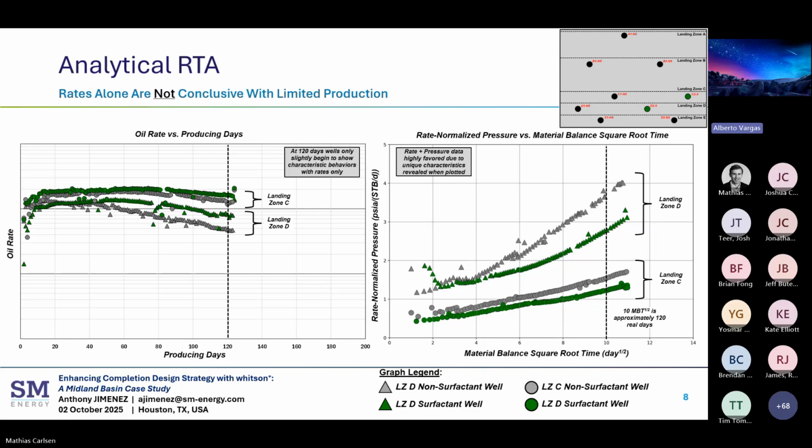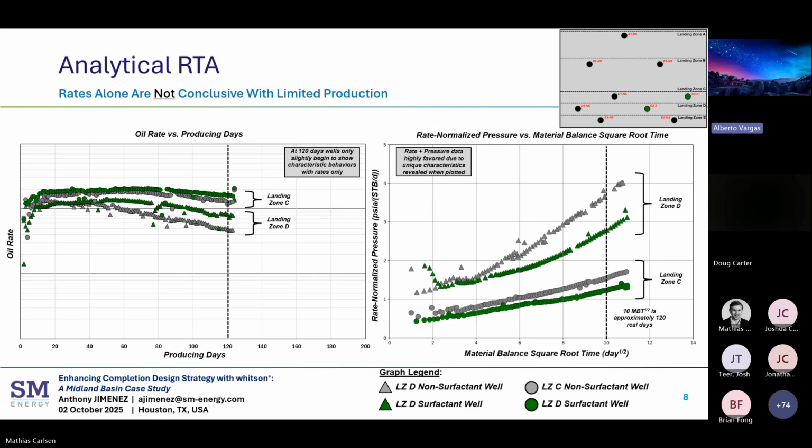And to just drive that point home a little bit more, I recycle the same plot on the right, but now pair it with just your standard semi-log oil rate plot versus producing days. And, you know, if you look at that through 120 days, that's the same amount of data. I could give you that you could make the determination landing zone D is not as productive as landing zone C. Would you be able to then look at landing zone C and definitively say that the surfactant well is doing much better than the non-surfactant well? I think that gets a little bit more, you know, difficult to say definitively, at least through this amount of